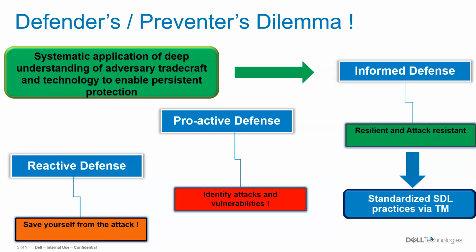So in general, we can call all of them adversaries or attackers. Unless we understand how attackers operate, it is likely not possible to develop an informed defense. If we can't have an informed defense approach, our ability to develop resilient and attack-resistant software is going to be challenged, right? So once you develop this intelligence or continuously evolve this over a period of time and integrate